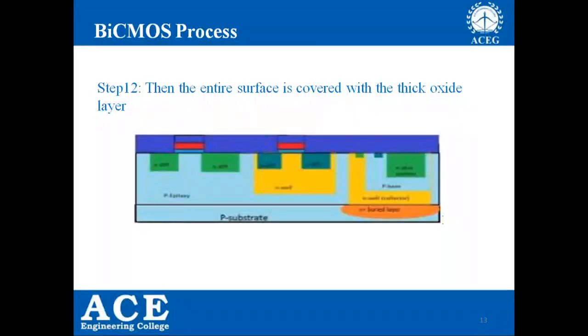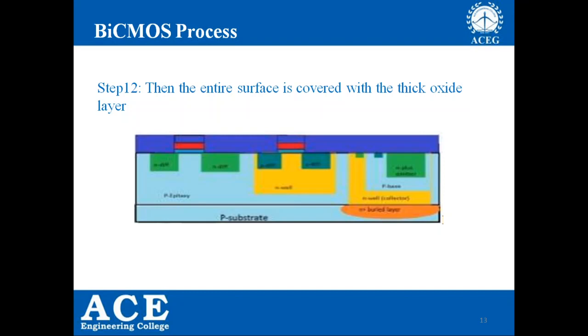So in this class we have seen how to fabricate a bipolar transistor using the N well process here. We can form BiCMOS fabrication. We can go through the P well process or twin well process also in order to form this BiCMOS. Okay, but here we went through the N-well process.